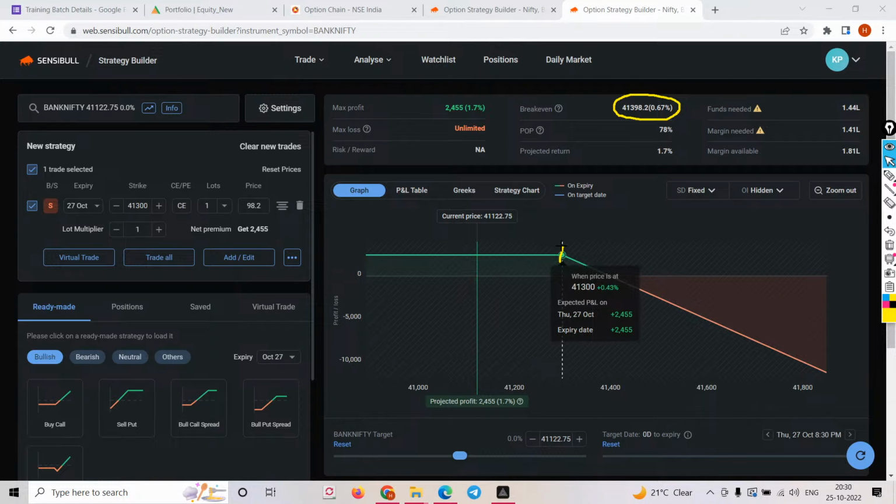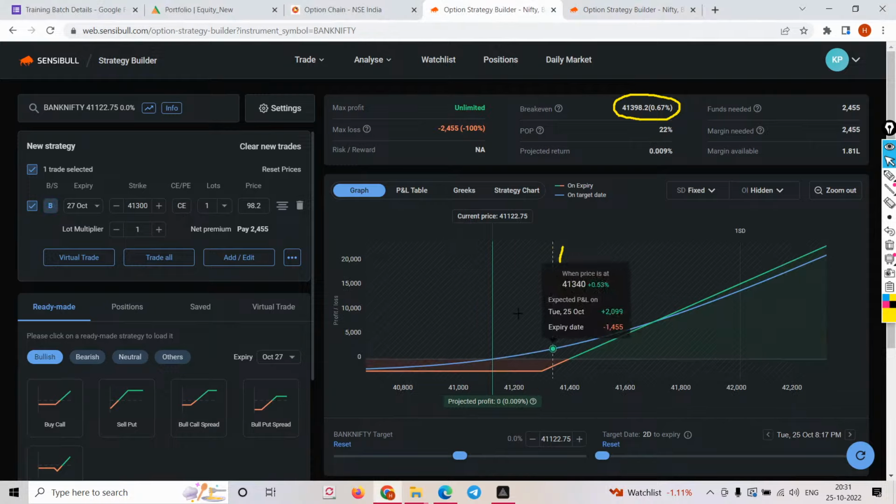41,300. Now, sorry, what I meant to say, you sold 41,300. Yeah, my bad. So what did I tell you? Even if the market goes above 41,300, everyone will think that this will show you your loss. But see, your break even is 41,300. But what is this extra green area? What is this cushion you are getting? Even though the market goes to 41,340, you're not at all having any loss, but you sold 41,300, right? When the buyer has bought, see, again, I think I'm not complicating.